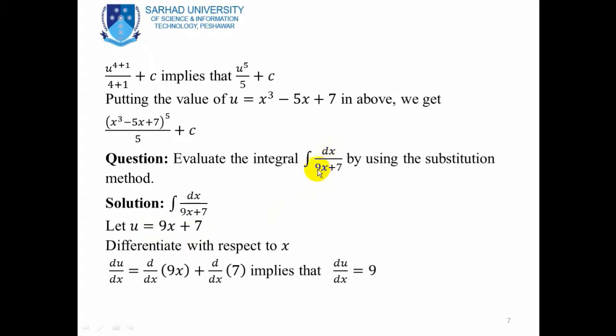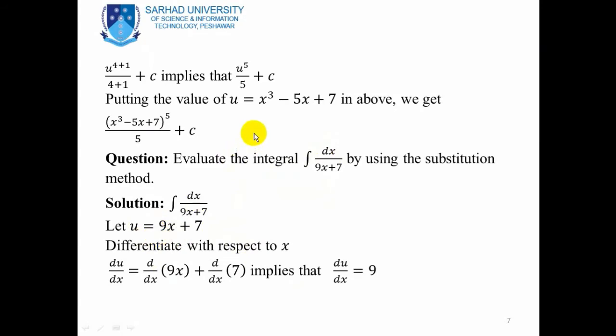After the supposition, this is the first step. In the second step, we want to convert the other part of the problem into the new domain u. So dx will be replaced by du. That's why we differentiate this u supposition. To replace dx in terms of du, we differentiate this supposition. This is the second step.